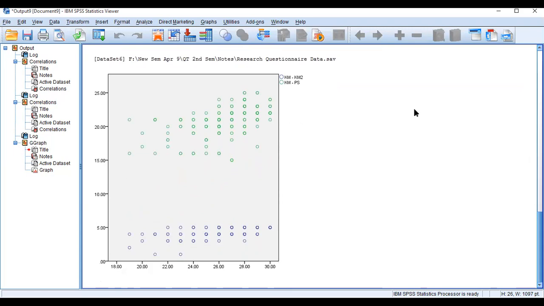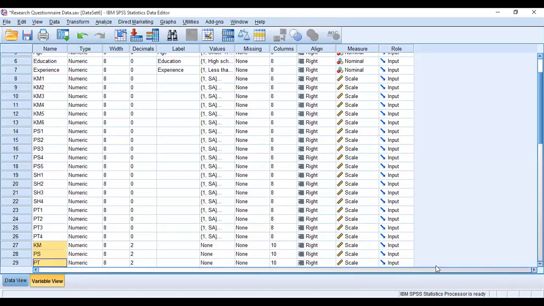So here we are. If we look at the output window, it reflects that we have plotted a scatter plot as well. So this is how we are able to perform the correlation analysis, in case of bivariate analysis between two variables, and in case of multivariate analysis, two or more variables.